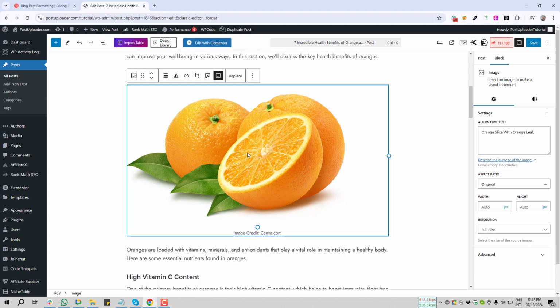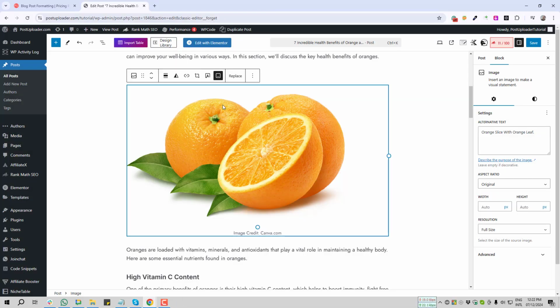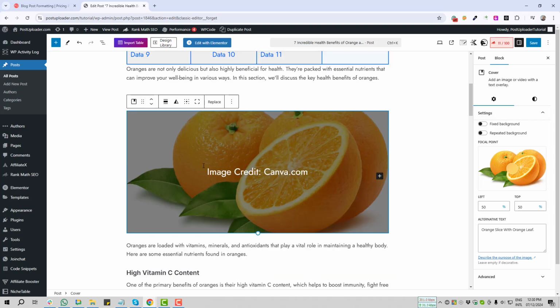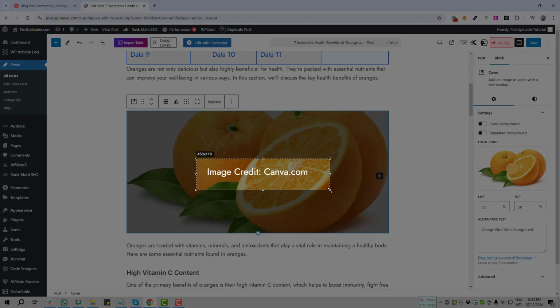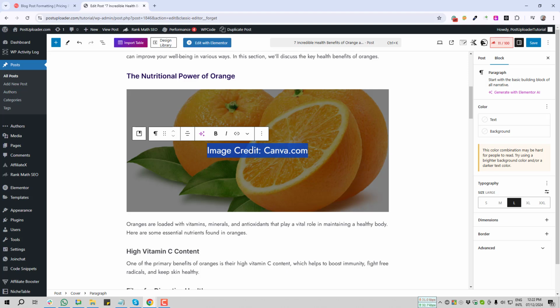Now I want to add text over the image. So how can I do it? For this I have to click here. You see there is an icon. So you have to click here. After clicking, your image caption will automatically display over the image. So if you wish, you can change this text by double clicking, just you can write orange